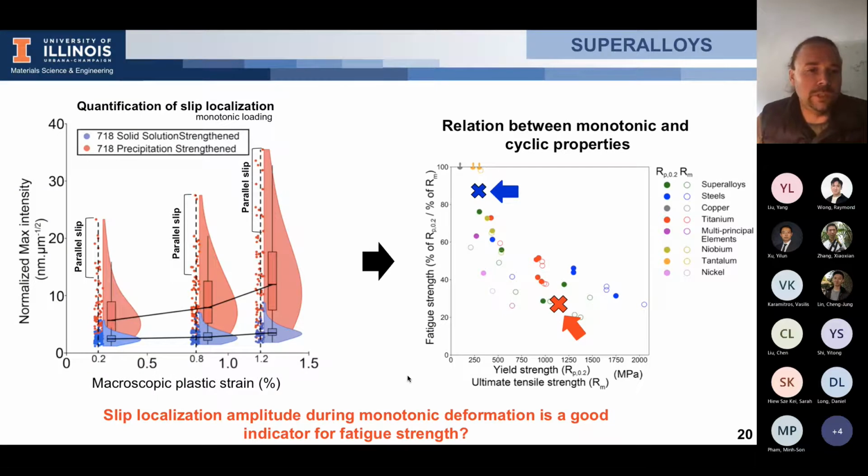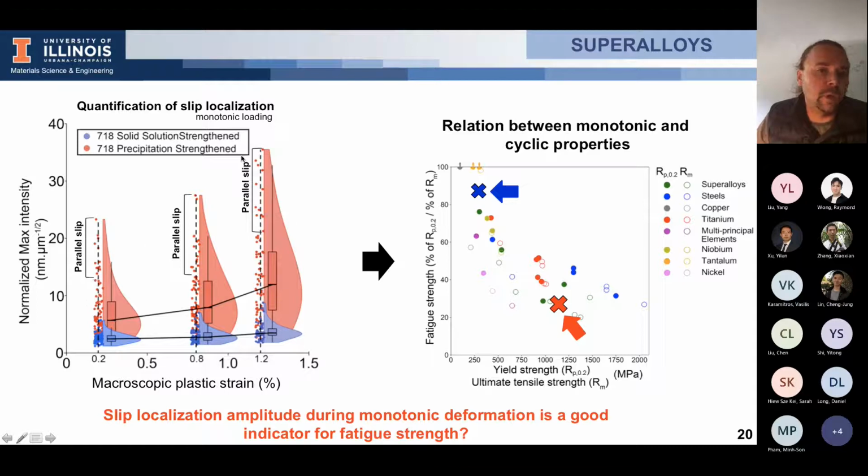And of course, you can do this as a quantitative measurement, and it's what I display on the left. I extract all the slip events. In this kind of data, you have thousands and thousands of slip events, and you can extract the intensity of these slip events. You can also normalize by the length of the slip event in order to take into account the grain size. And I display this for the two materials as a function of the applied macroscopic plastic strain. And again, for the material in red with the precipitate, the localization of the plasticity is very